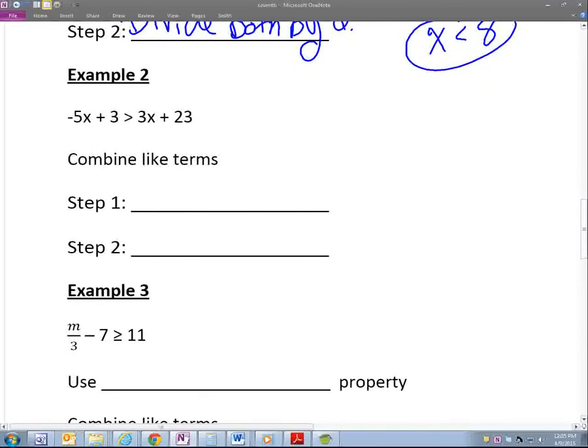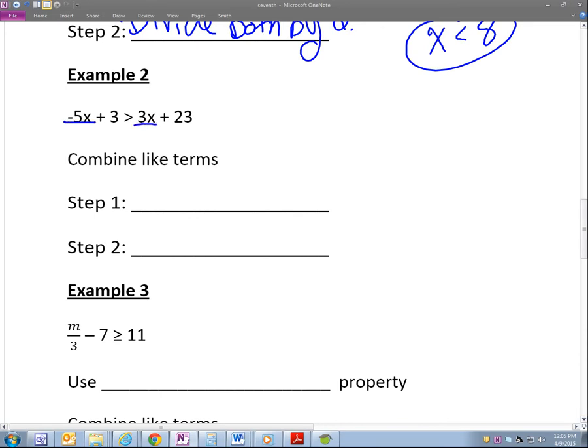Example 2, this is like yesterday's stuff. So the first step that we're going to do is combine like terms. We don't have any like terms on the same side, but by doing combine like terms, we're taking these steps. So the first thing I'm going to do is I want to get my highest coefficient